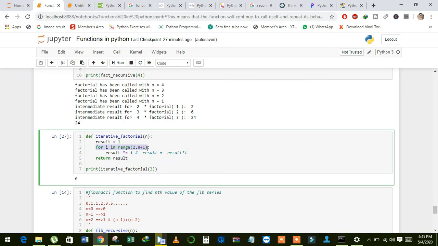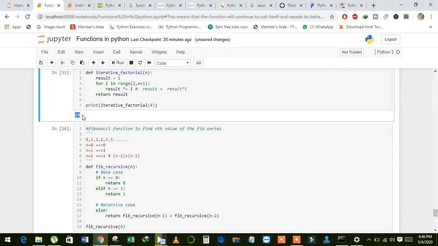It starts from 2, and then it will end with the value of n, and in the for loop it will just multiply the result with i, and then store the result in result, then I return result. And see here, when I call this method, it returns 6, because factorial of 3 is 6, and when I change this to 4, now see here, it returns 24.